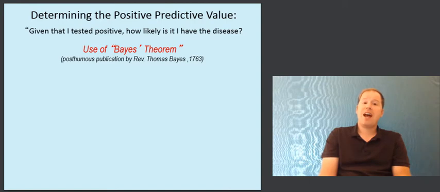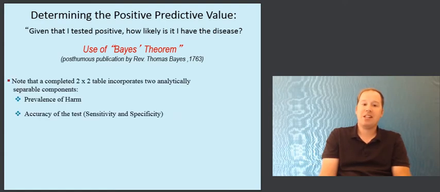This question is something that we can pragmatically answer. Because after all, unless we're omniscient, we won't know whether the person has the disease or doesn't have the disease in advance. That is why we are testing them, to hopefully get some sort of determinative answer of whether they do or do not have the disease. All we will know as humans and not as God is whether they have tested positive or negative. So we ask the question, given that they have tested positive, how likely is it that they have the disease?